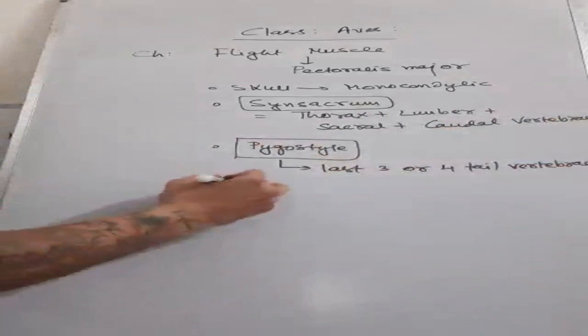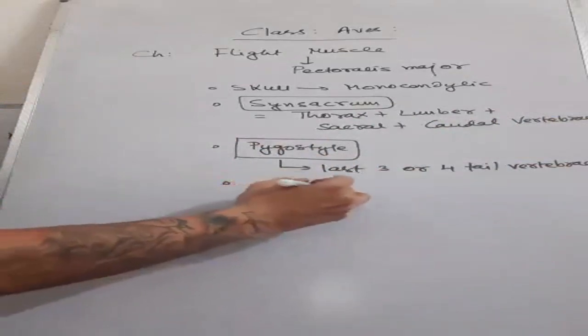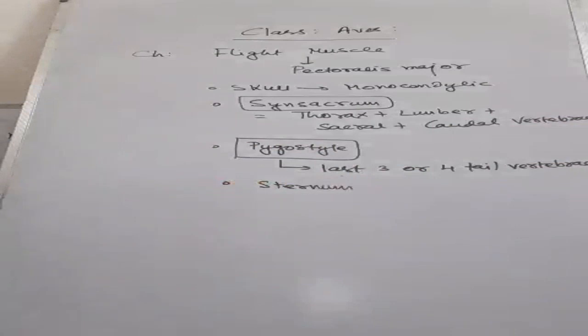Now, we should also be concerned about the sternum. When we talk about birds, normally in birds, as they have to fly quite a distance, as they have to generate a lot of ATP for flight, the sternum is not small. The sternum is normally very large, and it is vertical in arrangement. It is the site for the attachment of pectoralis major. If you can remember, I told you pectoralis major is their major flight muscle.